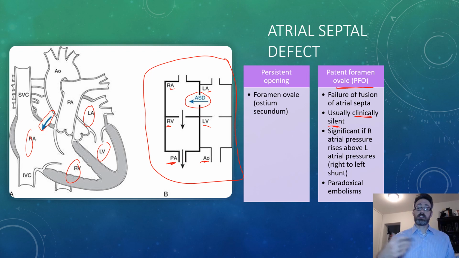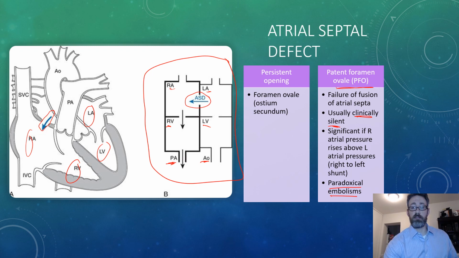But let's just say that over time somebody develops increased right-sided heart pressures from right heart failure or pulmonary hypertension or something of that nature. This can cause buildup of pressures on the right side, where the pressures on the right side could overcome the left side, and you could actually get shunting going from right to left. Okay. And another example of that, or sort of a different example really, is let's say, barring right-sided pressures going up because of right-sided heart failure, you could have a paradoxical embolism